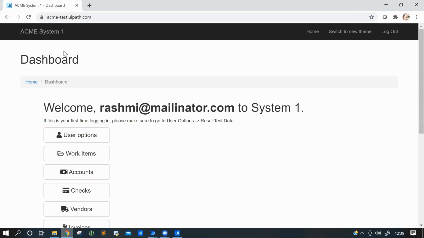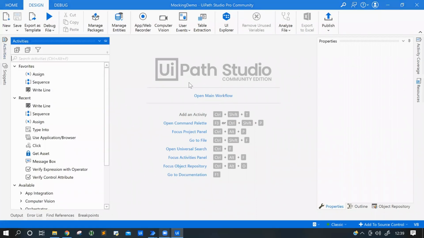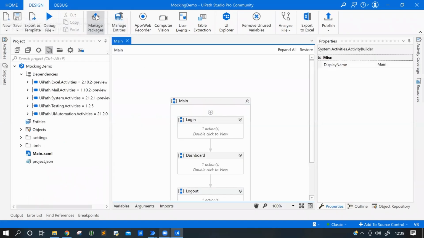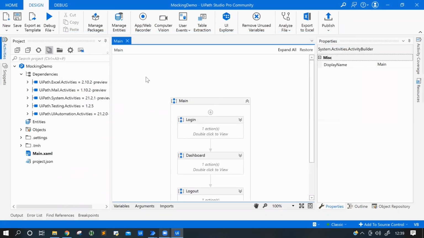Some of you might be thinking, let me just go ahead and do the practical so you can get a clear idea, for those who don't have any idea of mocking. That will help you. And if you are from a testing background, I think you already know. Before starting, make sure that you have the testing package dependencies installed. I have already done that.